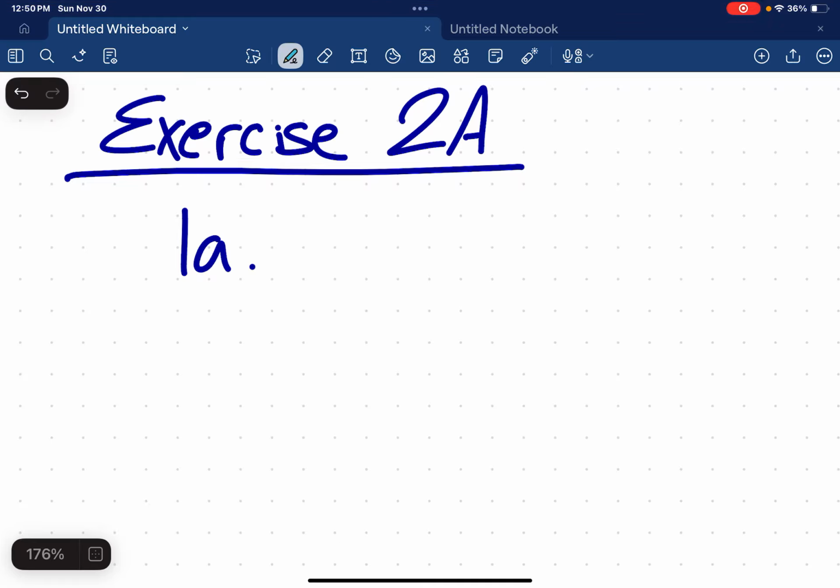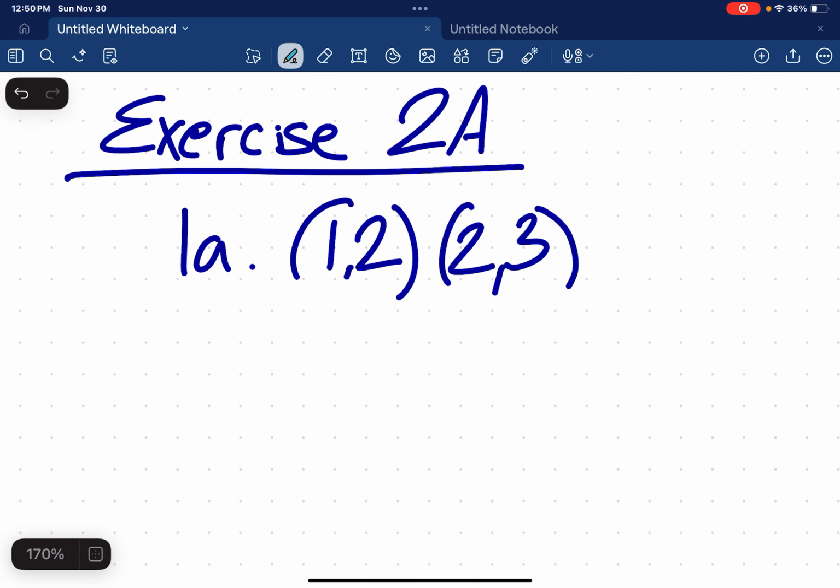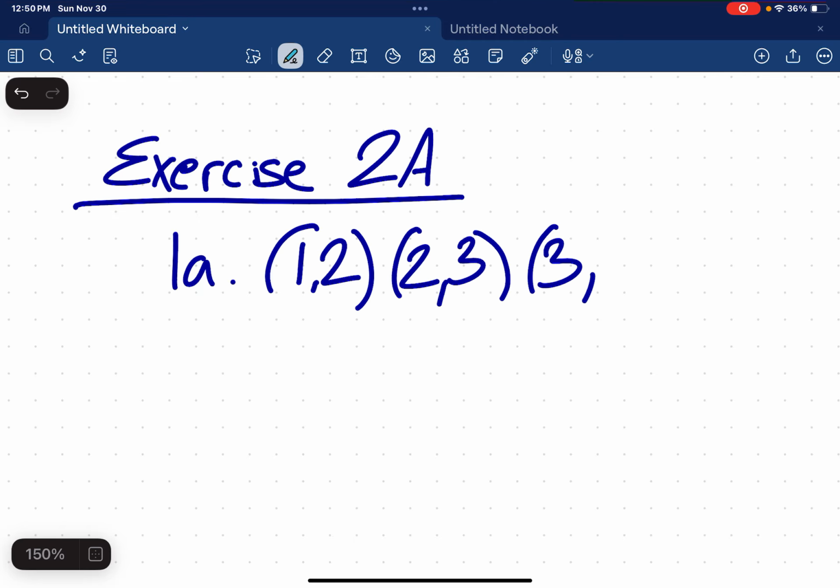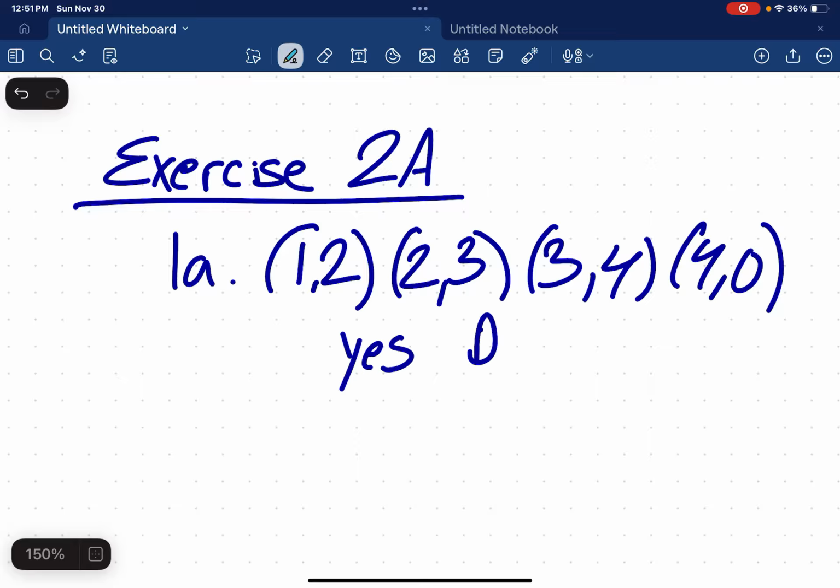So 1 gives us this little shenanigan, and these are all just points from the function. We don't know what the function is, but we do know they are points. And looking at this, it looks like this is a function because each x has its own unique y. So yes, and its domain is going to be the lowest x value to the highest x value, which is